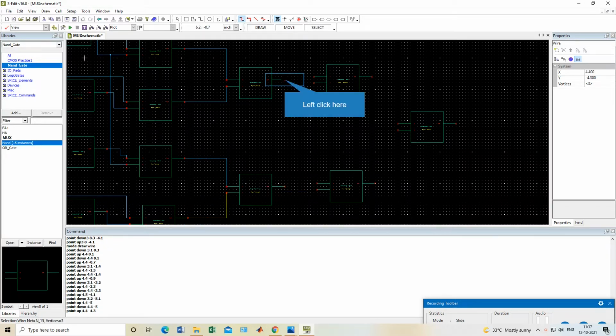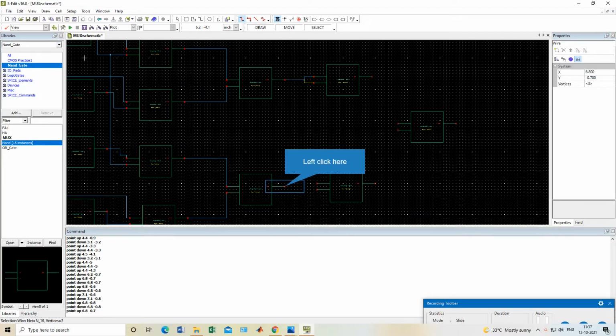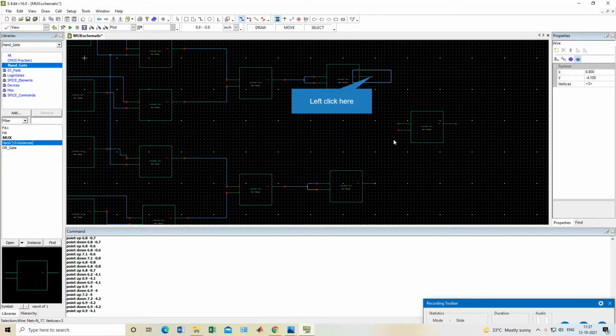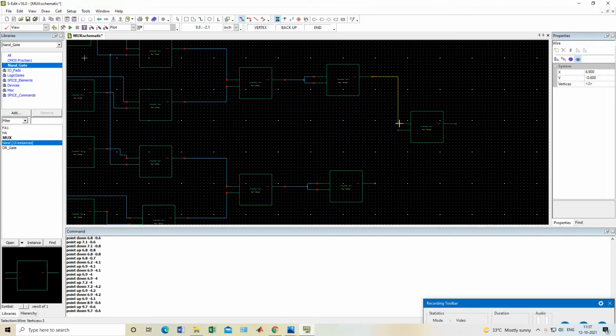Okay, and this will act as an inverter, so we have to short both the inputs. Done. And finally we will connect this directly here, connect this directly.